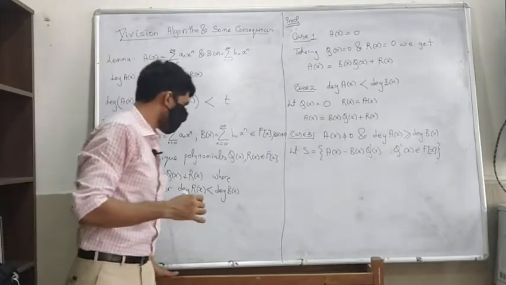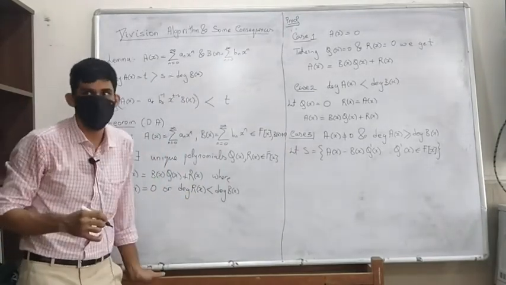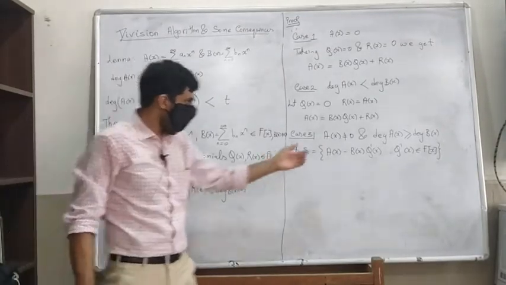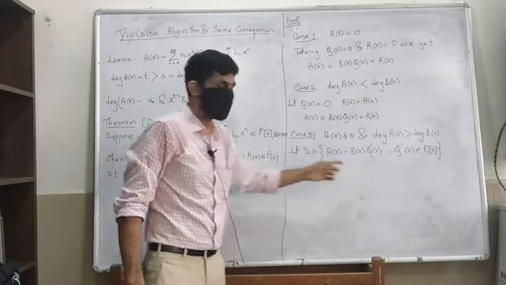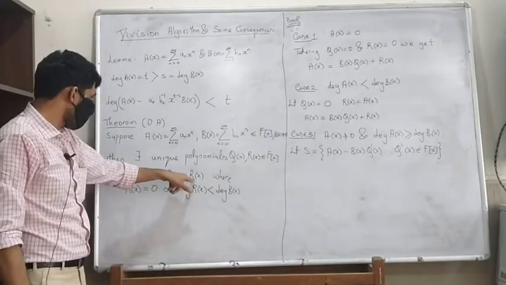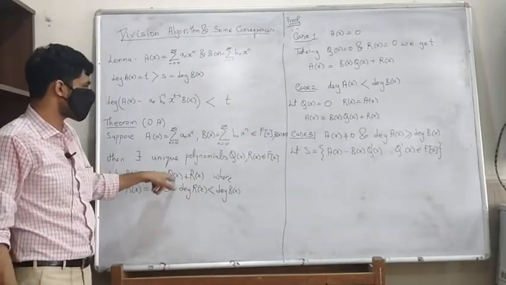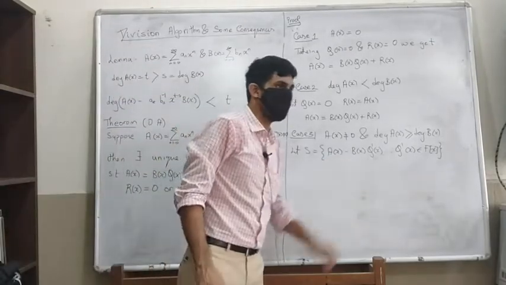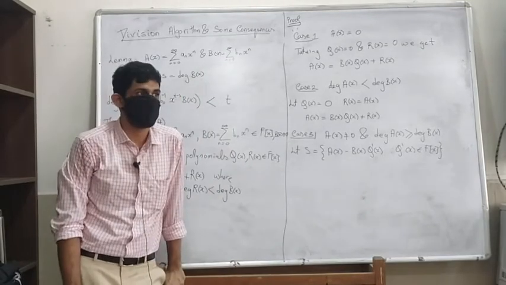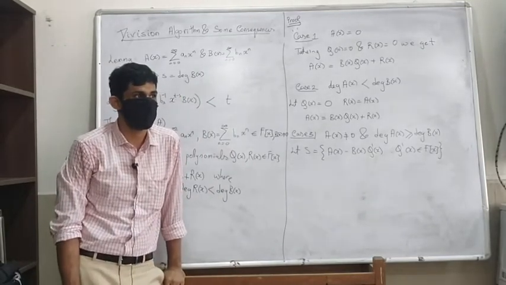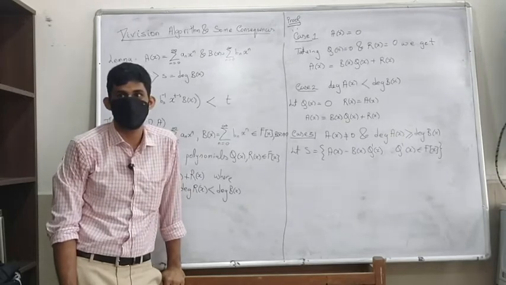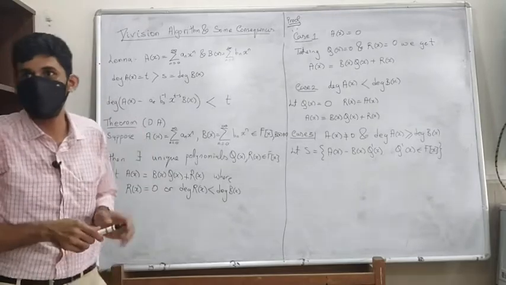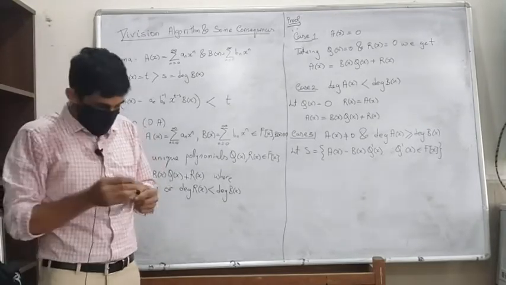What is the natural choice for the remainder? I expect that the remainder is going to fall over here, because I want the remainder in such a way that A of x is equal to B of x times Q of x plus R of x, right? What would be the natural choice for the remainder? Is there a natural choice for the remainder?